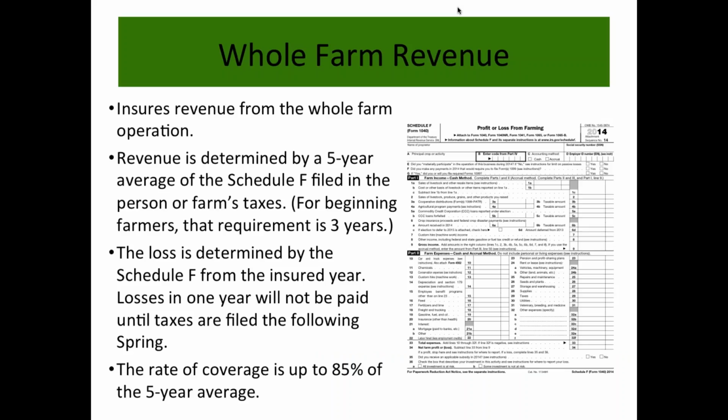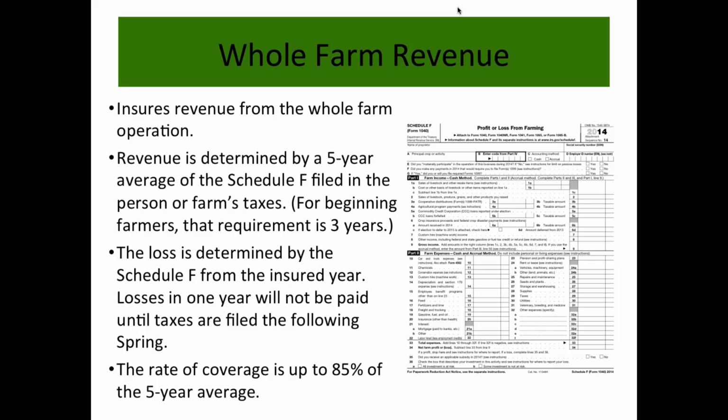So what is being insured is the revenue from the whole farm operation. This is gross revenue from the whole farm operation, and that's determined by the 5-year average of the Schedule F filed in the person's or the farm's taxes. For beginning farmers, if you've been farming fewer than 6 years, that requirement can be cut down to 3, but